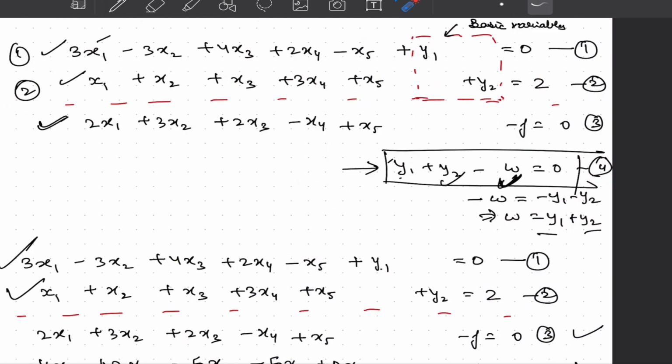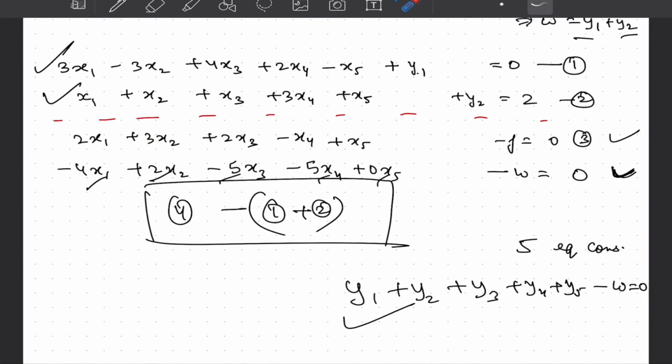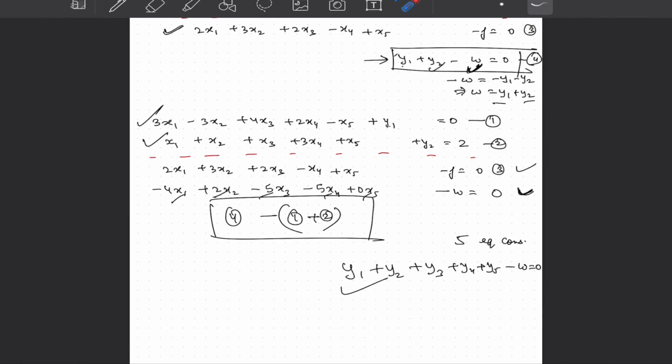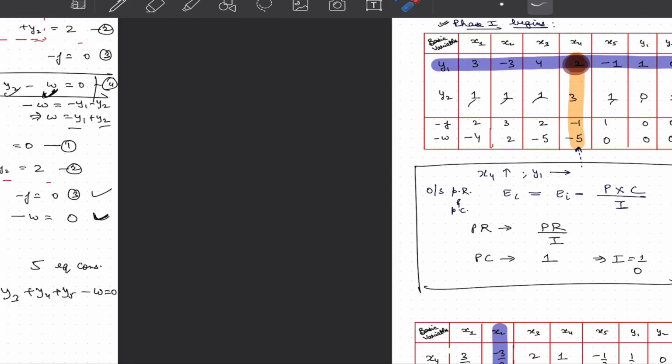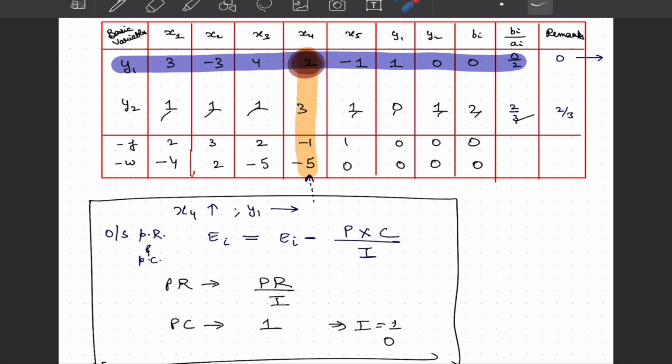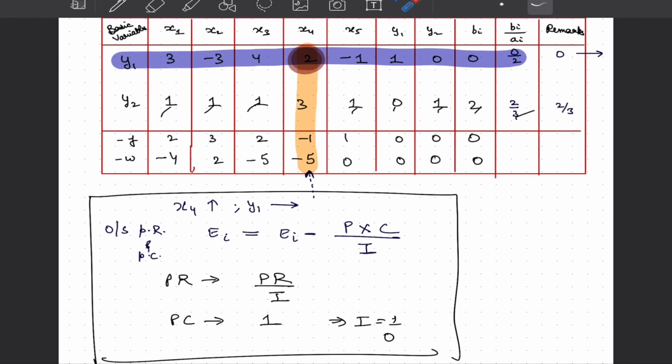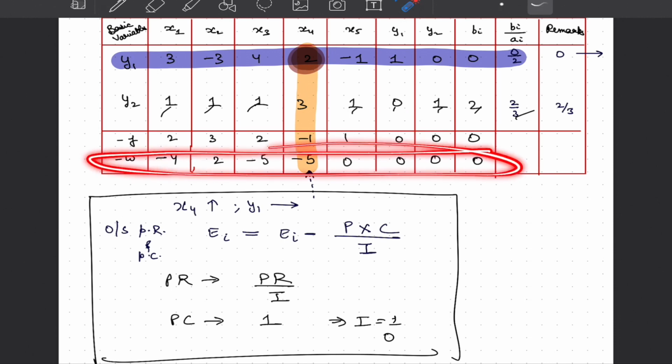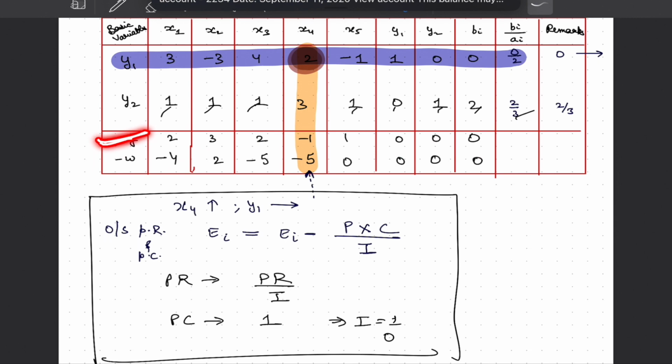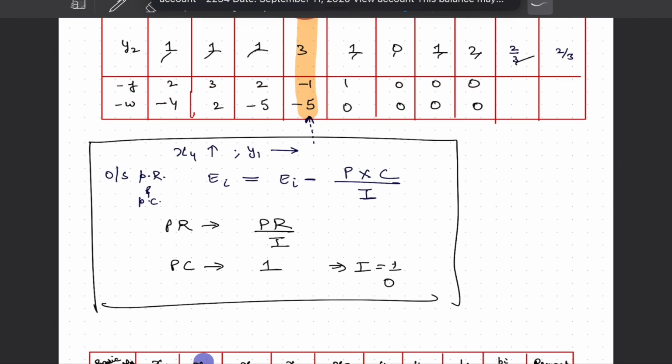and the coefficients that we calculated or ended up with in these reduced 4 equations after doing the necessary 4 minus 1 plus 2. Then, instead of focusing on minus f, we will first focus on our equation which is set up in w. So we will not worry about this at this stage, but we will focus on the minus w equation. So we will decide an entry variable and exit variable.